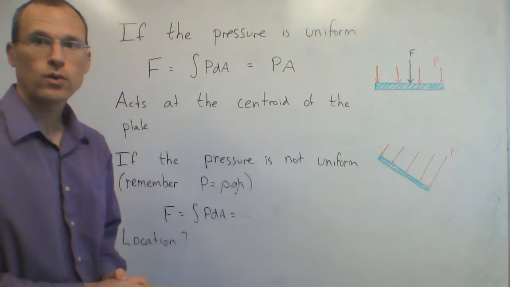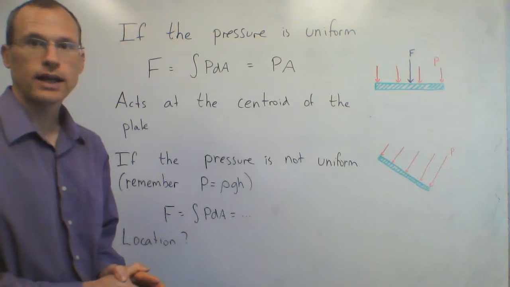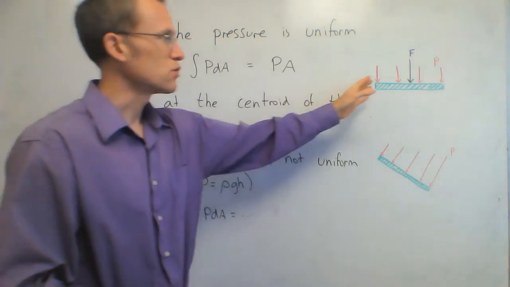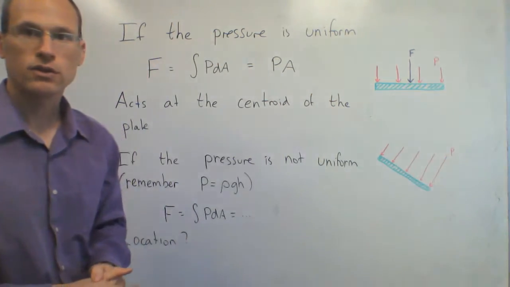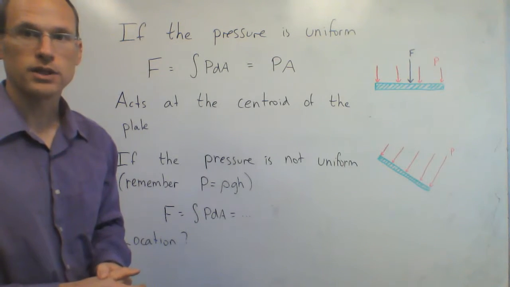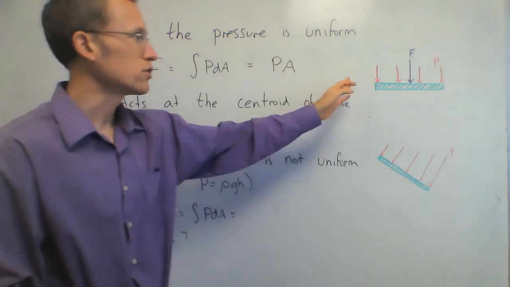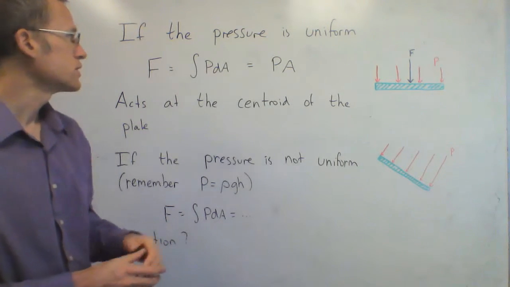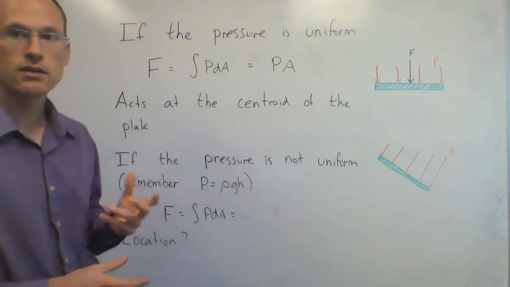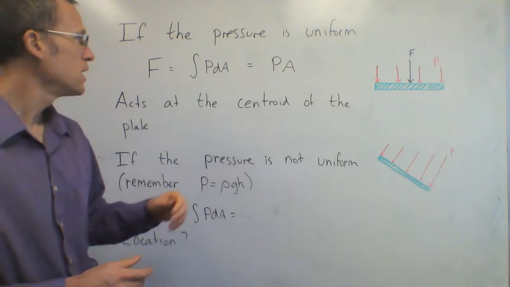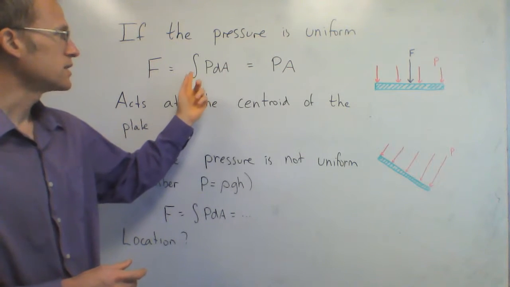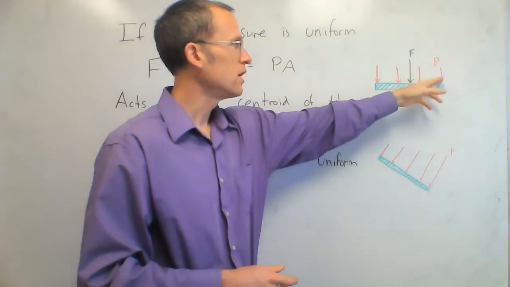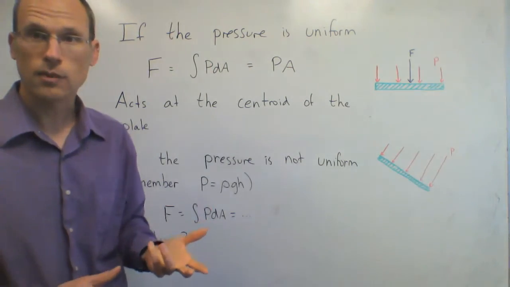So today we want to know what the force is acting on a flat plate submerged in a fluid. If I have a flat plate that's nice and horizontal, the pressure acting on the top of the plate is going to be uniform, same pressure everywhere. And so my force on top of that plate, just take my integral, PdA, that's how force and pressure are related. Since the pressure is constant, basically this integral just gives me the area. So the pressure, whatever it is on top of the plate, times that area on top of the plate is